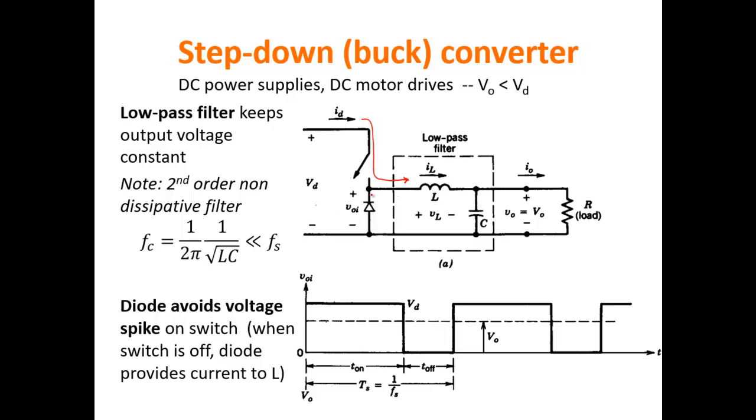So the diode is off. Okay, so in this situation, we have the switch that is on and the diode is off, which means that no current is passing through the diode. Okay. When the switch is turned off, such as in this situation,